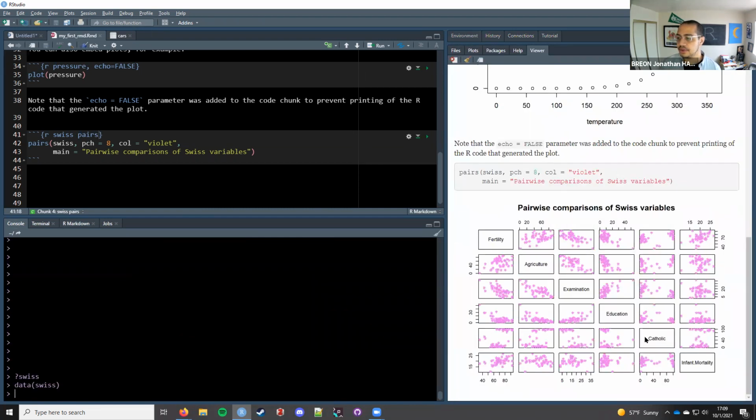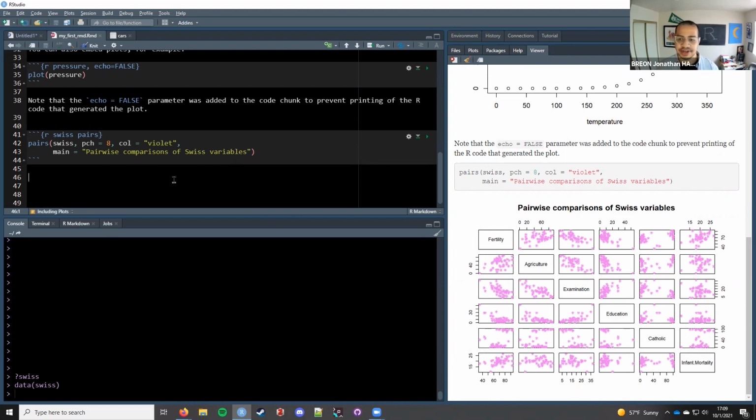And then down here, it produces all of these pairwise comparisons of each of the variables in the Swiss data set. I don't highly recommend that you use this function very often, not only because of the smattering that this plot creates, but also because oftentimes the data sets that social scientists will use will have more than 7 variables, and this will expand quite quickly.